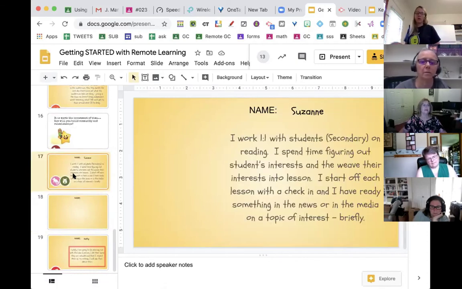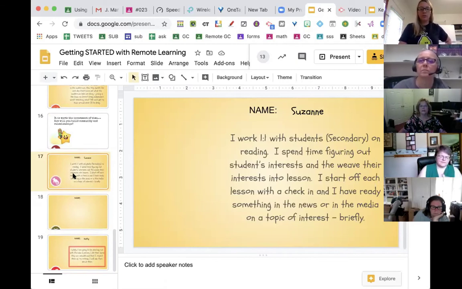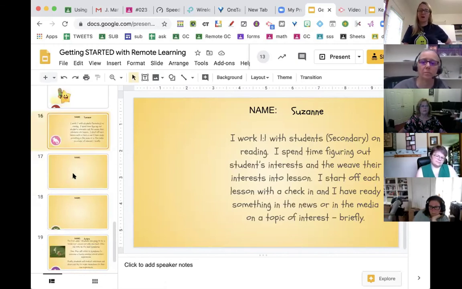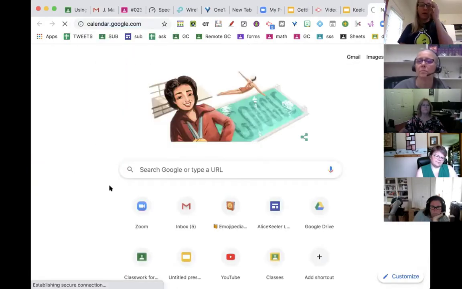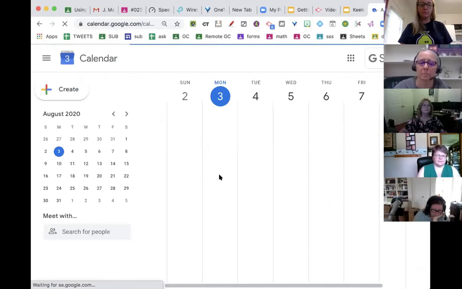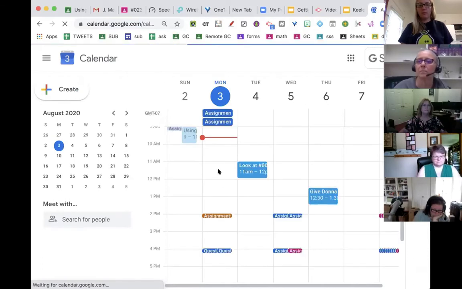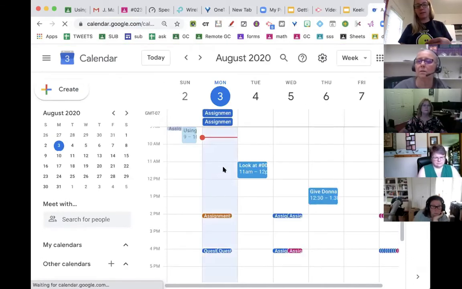I'm working one-on-one with students with reading. So, are you able to set up appointment calendars and meet with students in small groups or one-on-one? Google Calendar is awesome for that. You can literally just go to calendar.google.com. And when you select,